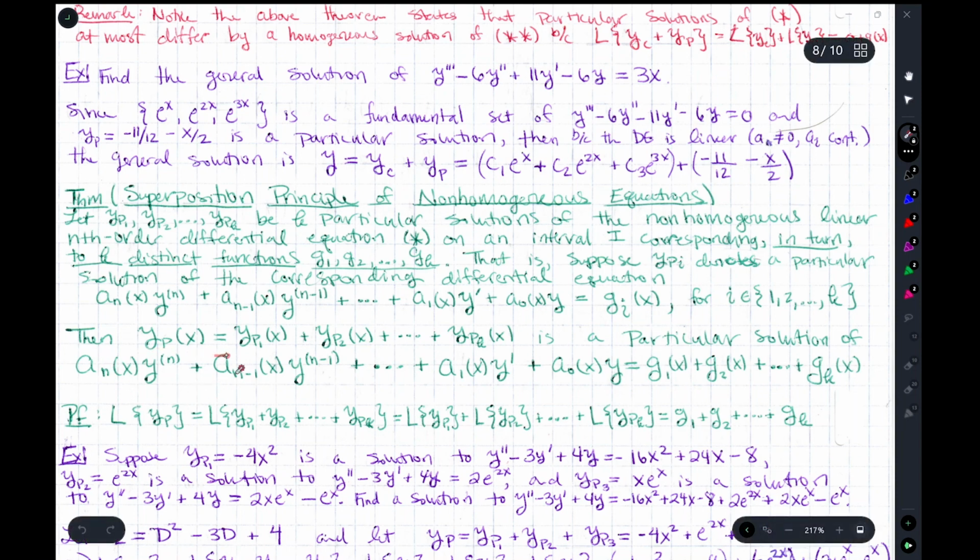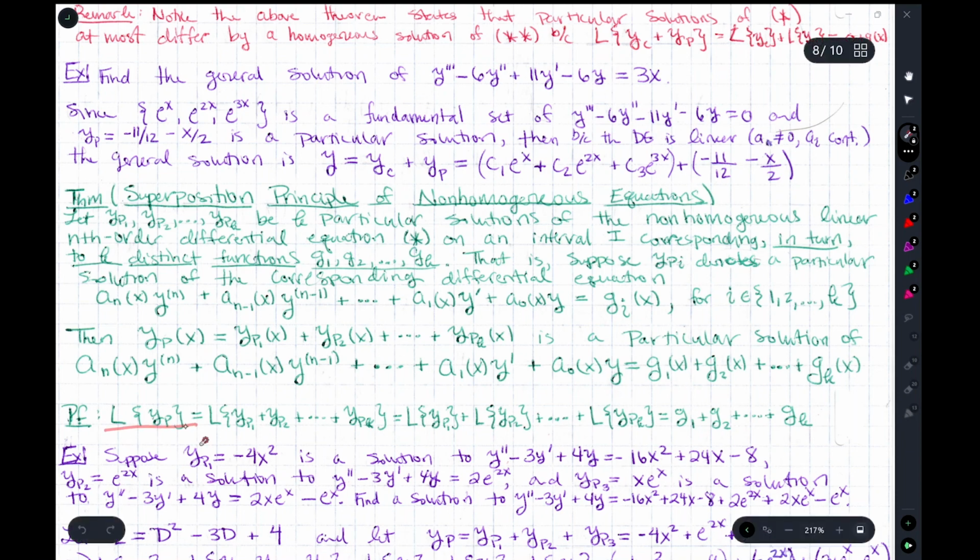Then y_p equal to the particular solution of the first one, the one that has g1, y_p1, plus y_p2, which is a particular solution with g2, plus ... y_pk, which is a particular solution to the kth equation, is a particular solution of this non-homogeneous differential equation with the g's being summed. So if you have particular solutions summed, they give you a particular solution for this non-homogeneous one with the g's being summed. And the proof here is important because it gives you insight into why that